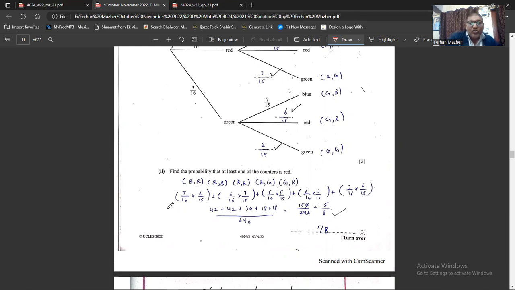Okay. So getting a blue, that will be 7 by 16 multiplied by red, 6 by 15, plus getting a red first, that will be 6 by 16 multiplied by 7 by 15, plus